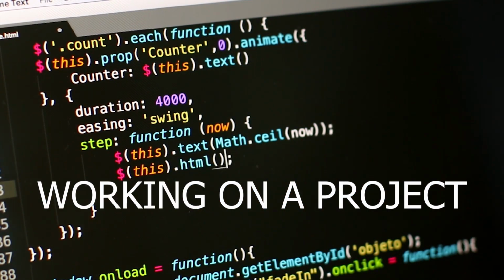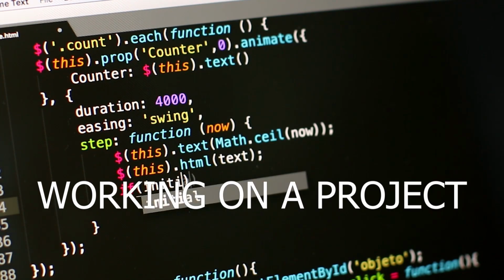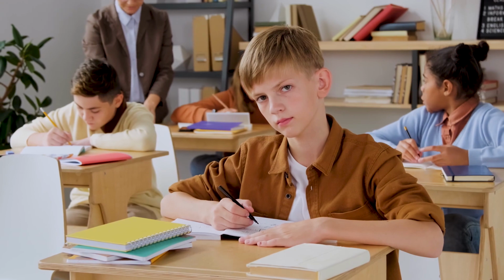After that is the most fun part of this whole process, working on a project. Now, I can promise you that while working on this project, you'll learn more than you have learned while studying for any standardized test. I know it's a big claim, but just trust me on this. I want you to give around a week for this project, and it doesn't even have to be something complicated. It can be something as simple as building a calculator. But while working on this project, try following good practices like writing clean code and using comments.